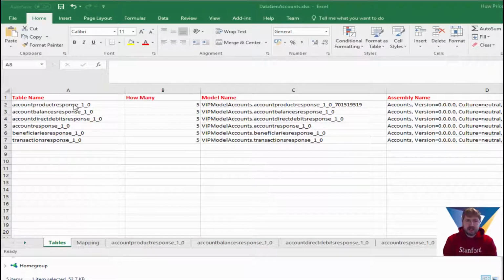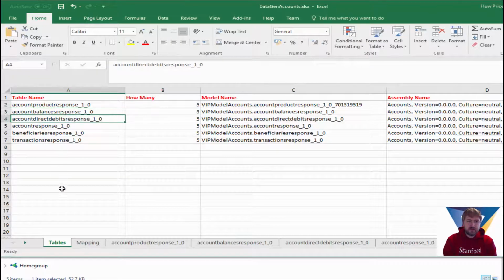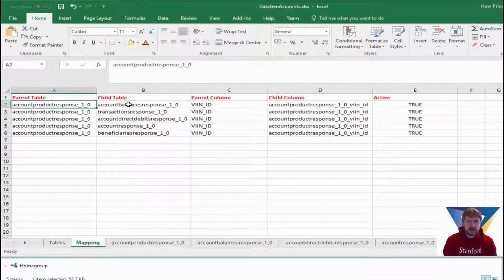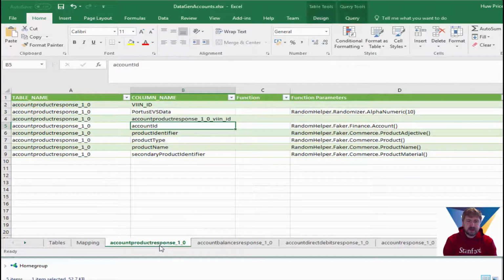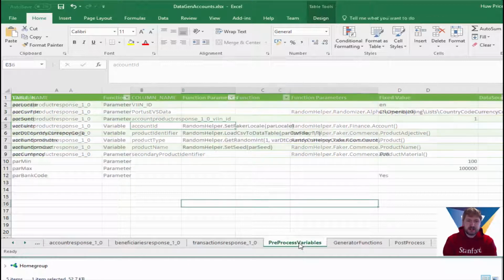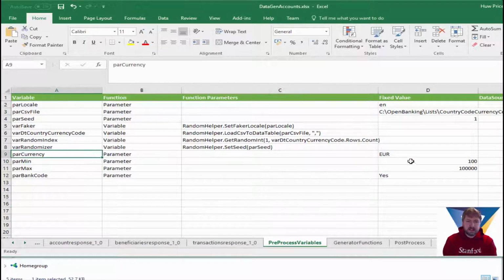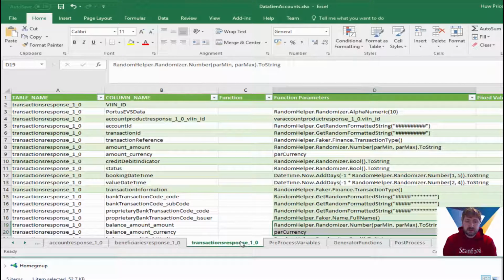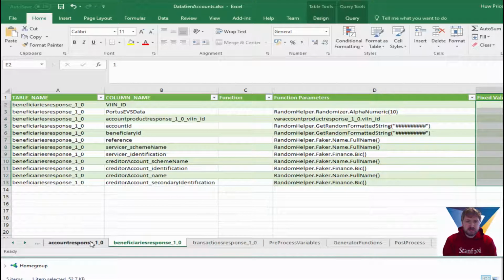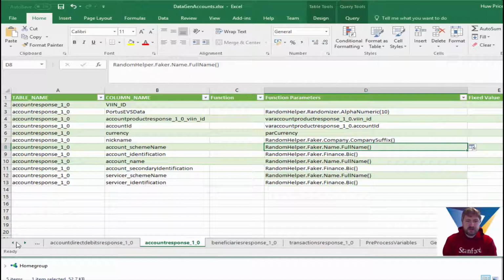Okay, so we're just going to take a very simple example where we've modeled out a simple database schema, taken the necessary table information and column information that we want to extract from that database. And then what we're going to do is use a very powerful data generation engine, which will be able to extract the necessary data we need, take hard-coded parameters that we may need for the environment, and also synthetically generate a huge amount of data. And we're talking millions of rows if we can't find the necessary data that already exists within the database.